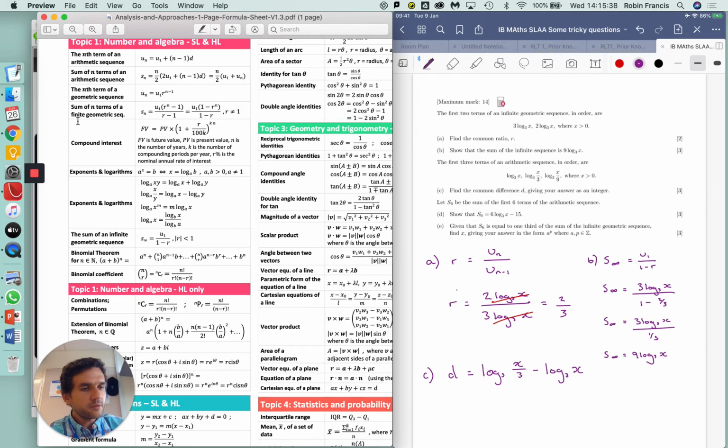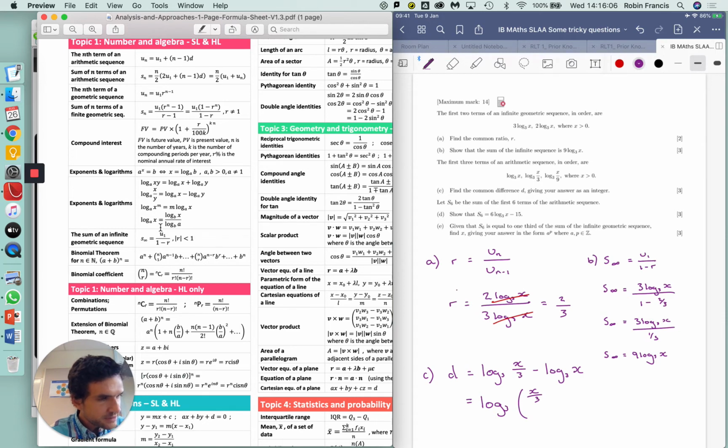So hopefully we know in terms of our laws of logarithms, in fact if we look at them here, what have we got going on? This is in our formula booklet, believe it or not. We've got a subtraction, so we can write it as a single logarithm. So in this instance, that's going to be equal to log base 3 of x over 3, and it's going to be divided by,